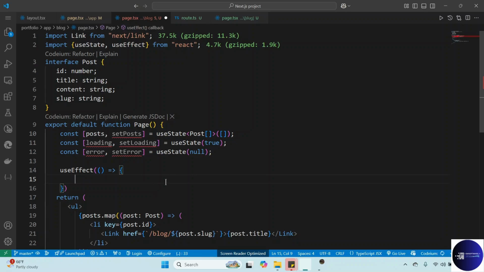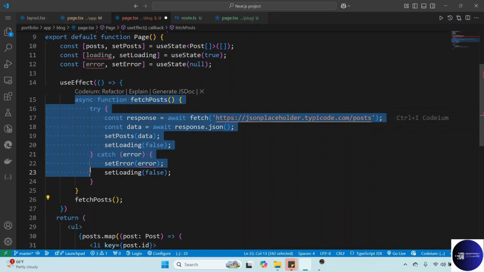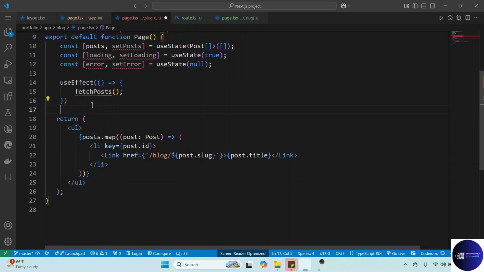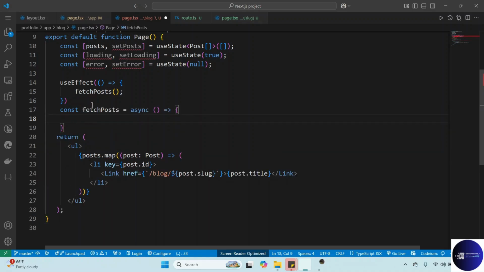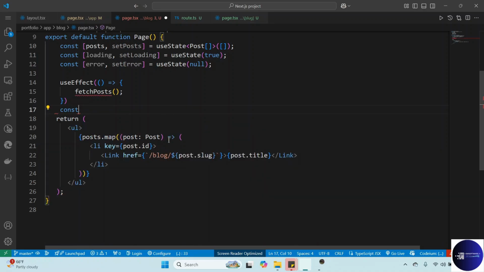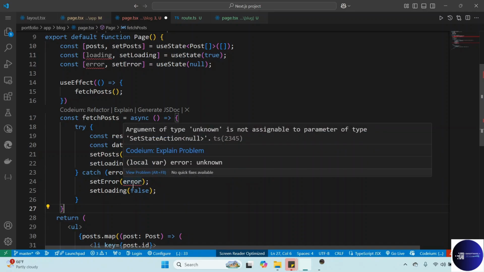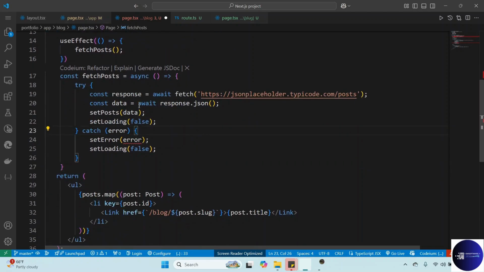Okay, so we want to use the useState, but before that, we can actually just create the function within the useState. It doesn't matter. But since we will want to load more and add some features, I prefer to just call the function. Just get rid of this from here. Just create a function, const fetchPost, which I actually have copied here. So we just make the request here, and if we get the error,